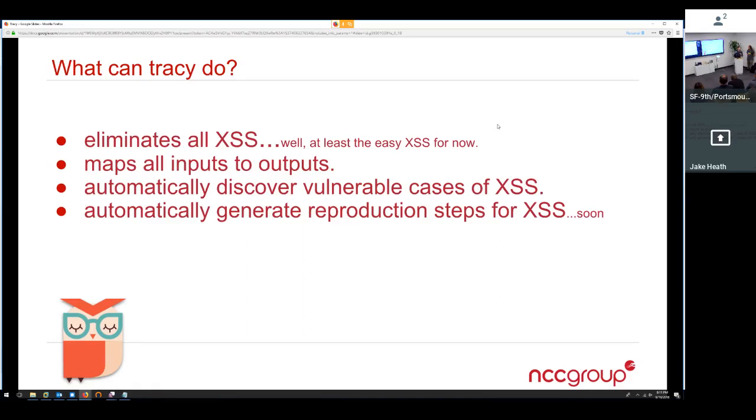It can map all inputs to outputs. It uses the DOM. It can automatically discover vulnerable cases of cross-site scripting. And soon we'll have automatic reproduction steps. Since it carries so much information about the DOM, where it was, where it started, we can use that information to recreate the finding and automatically show it, so that instead of me having to type an image tag, it can go and fuzz that front end for